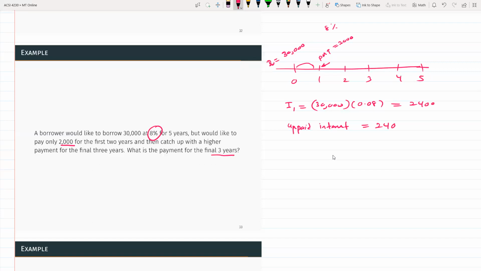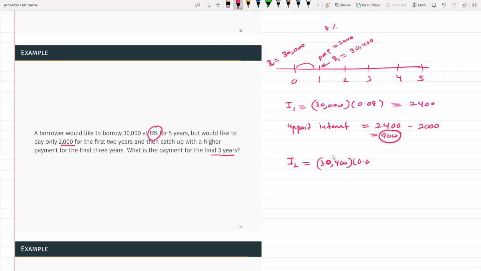You're supposed to pay $2,400, but you are making only $2,000 payment. So basically 400. Now that 400 needs to be added to the original loan balance. So the new balance would be 30,400. Okay. Then the interest due at the end of year 2